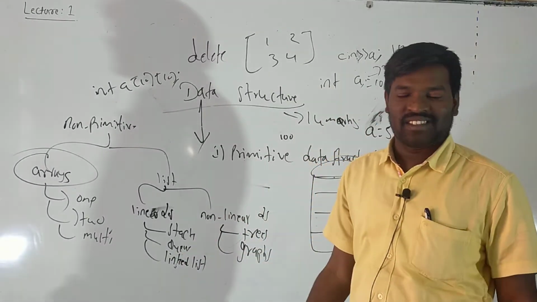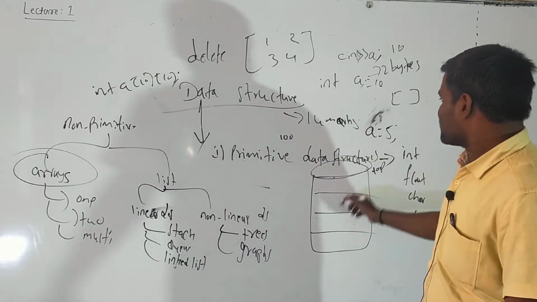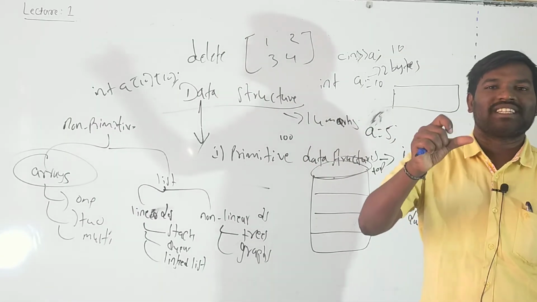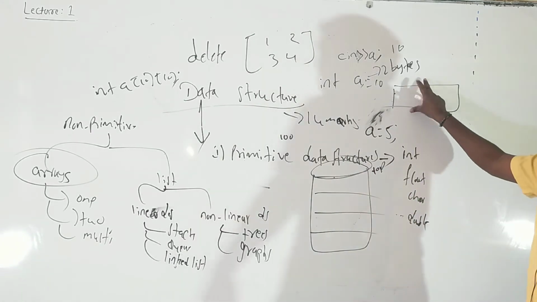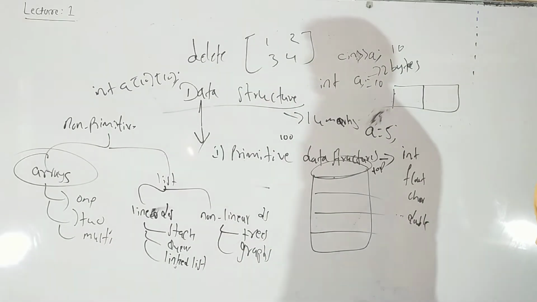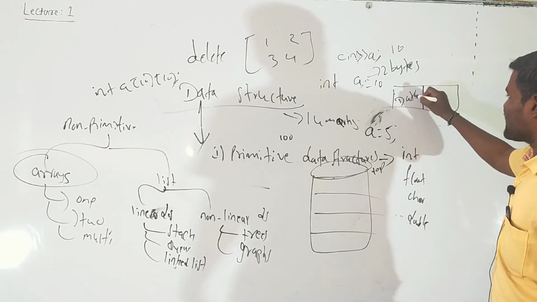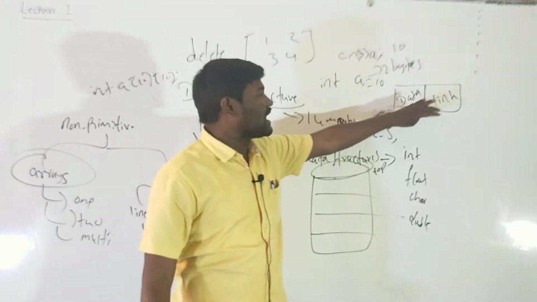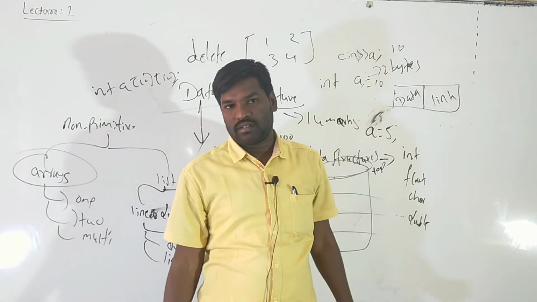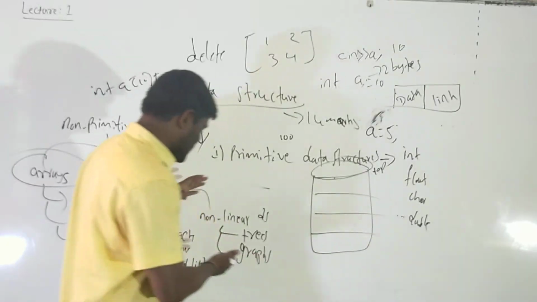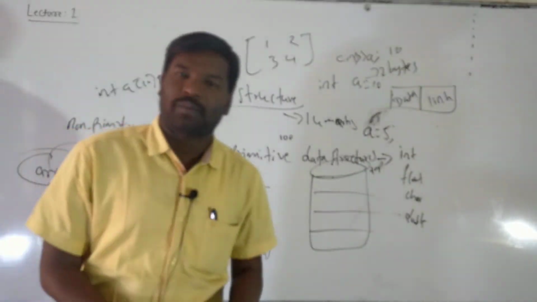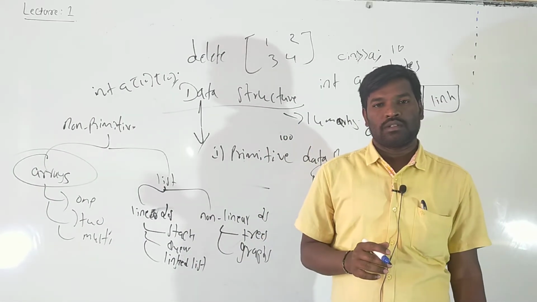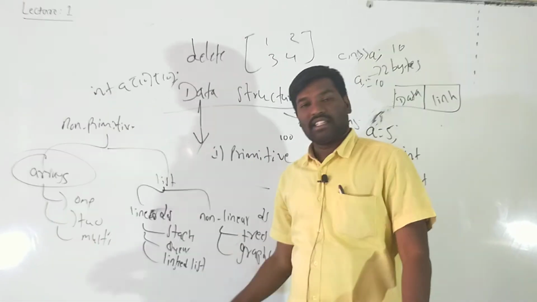Okay, linked list. It is very very important. Here linked list means it is a collection of nodes. A node is nothing but a rectangular box. It consists of two parts. The first part is called data and the second part is called link. Here link holds the address of the next node. With the help of this linked list, we have to perform some operations, that is inserting the node, deleting the node and searching the node. Okay, that is linked list.